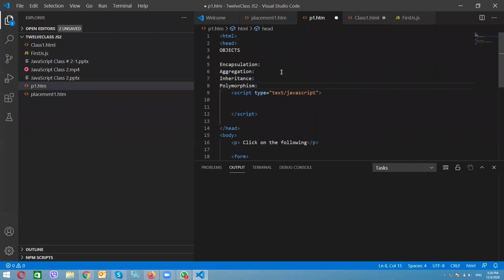If you enter 2, it will give you 2 tables. You give 100, it will give you 100 tables. Enter 50, it will give you 50 tables. This is the basic example of polymorphism, but we can learn in advanced programming what polymorphism exactly is.